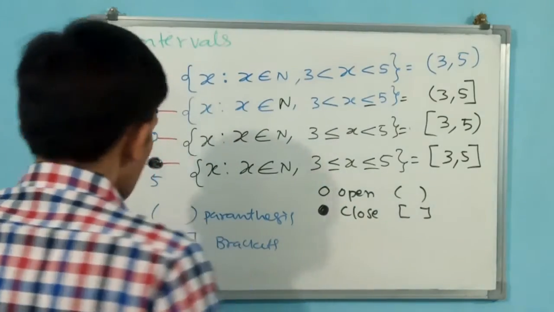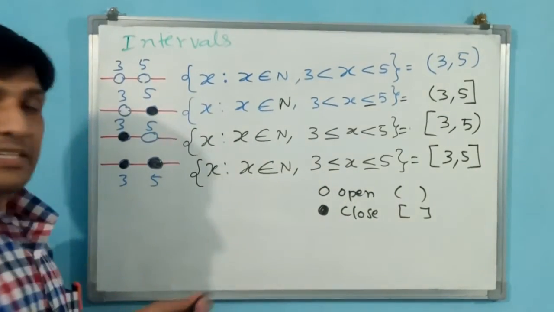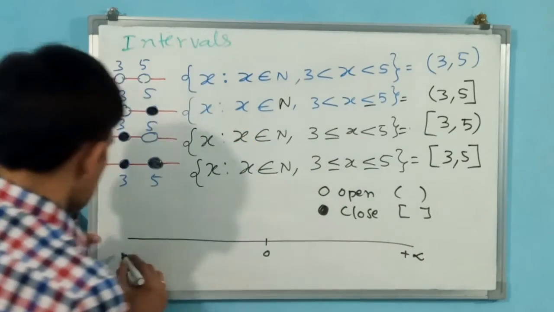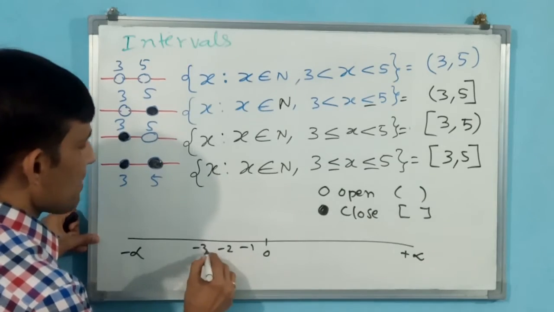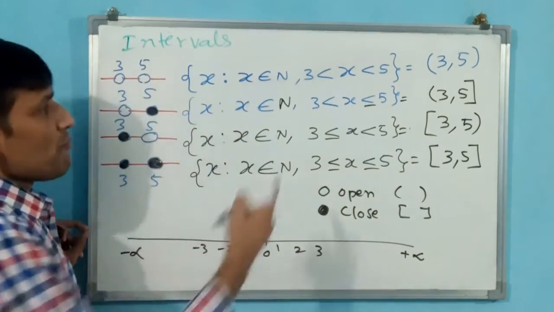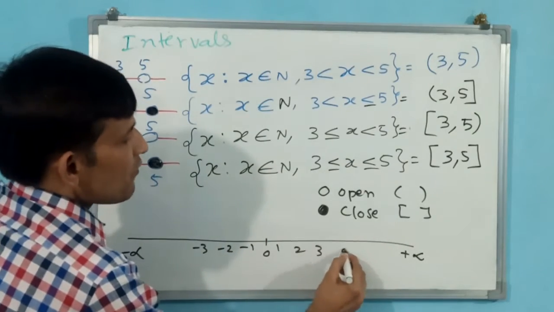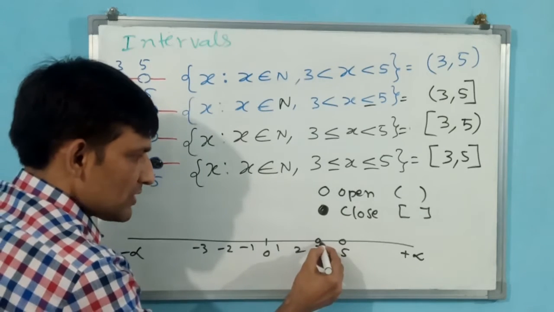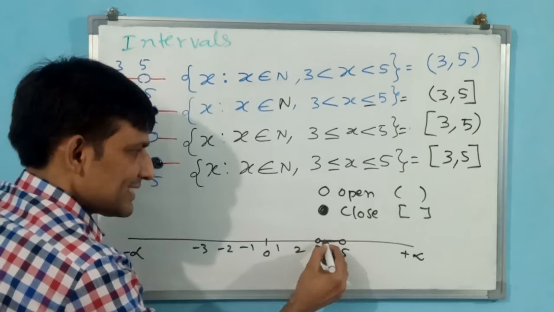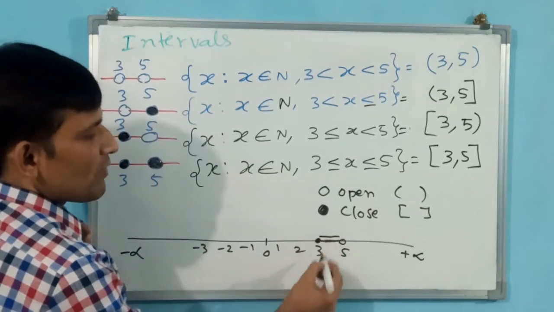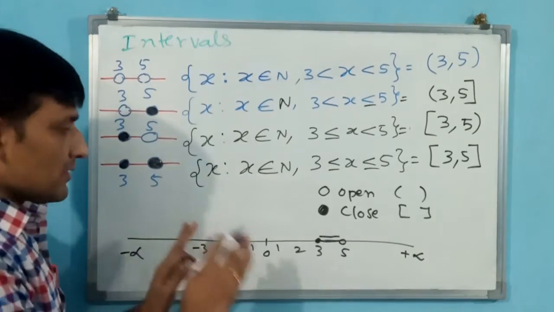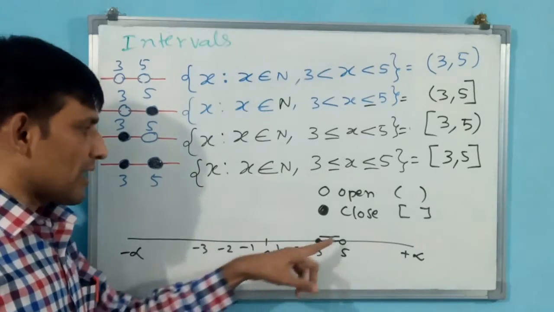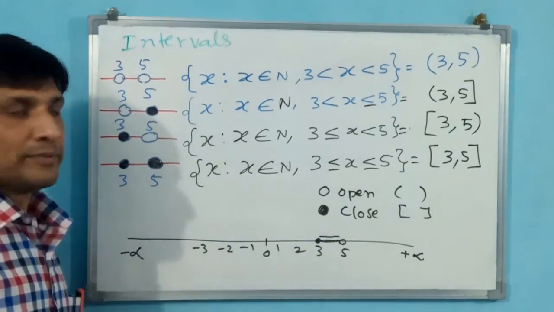Sometimes you have to show the representation on the real line also, the real number line. 0, plus infinity, minus 1, minus 2, minus 3, 1, 2, 3. You have to make this bubble here also. 3 to 5. See here. 3 to 5 you have to make open or closed. You have to make it like this, or like this on the line, and close one side. You may have to open one side. Like this you have to represent on a line also. Okay, this I have told in basics also, but not this representation, but the real line I have shown you.